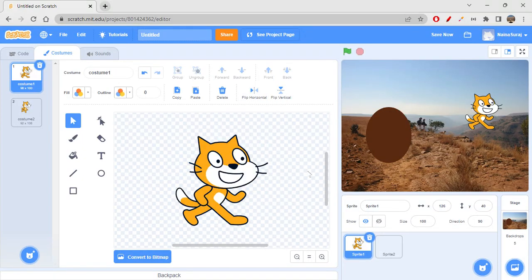I hope you understood how this works, right? Here also you have fill, outline, and costume you can draw. So these are the same options you will be having in both backdrops and sprites also, right? So in backdrops you will be drawing a backdrop, and in sprite you will be painting a sprite. That's it. So there's no big difference between the paint options you have and the things which you have to do, right? So this is all about the painting thing in backdrop and sprites. Okay, I hope you all got some good information about it and some good insights related to these, right?